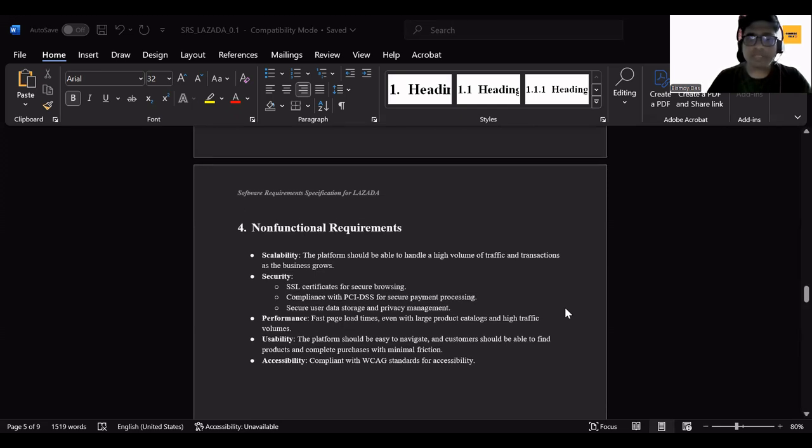Performance. Fast page load times, even with a large product catalog and high traffic volume. Performance plays a key role in an e-commerce website. Usability. The platform should be easy to navigate. Customers should be able to find products and complete purchases with minimal friction. Accessibility, compliant with WCAG standards. So these are a few of the non-functional requirements that have been mentioned in the